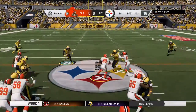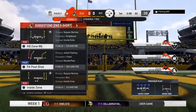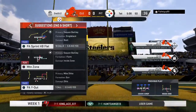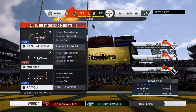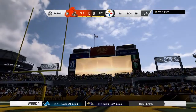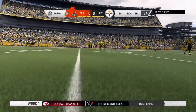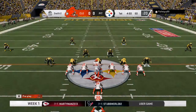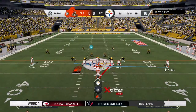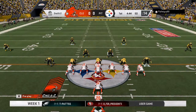A first down carry for Barkley. This will be stopped about 2 yards shy of the marker. 8-yard gain, second and 2. Next, the receivers help spread the defense out, and they were able to come through with a slashing run. But to that point, it's going to be interesting to see the personnel chess match as this one progresses. Yeah, you're exactly right. Can they continue to create running lanes out of passing sets? And if so, it's going to be a long day for the defense. Hey, you got 3 down,